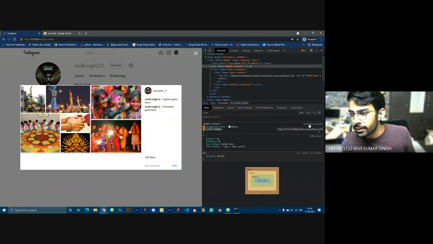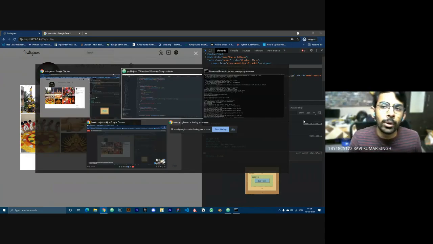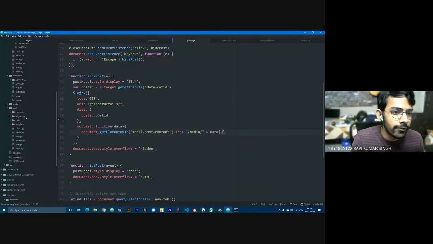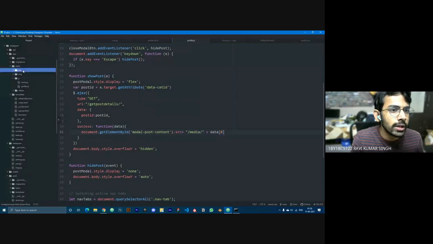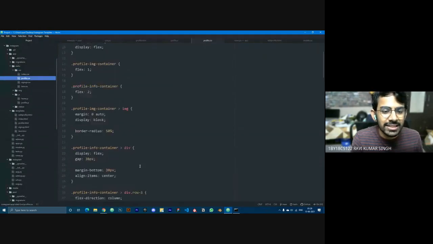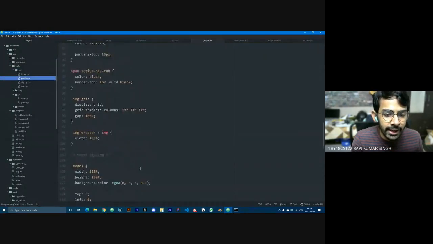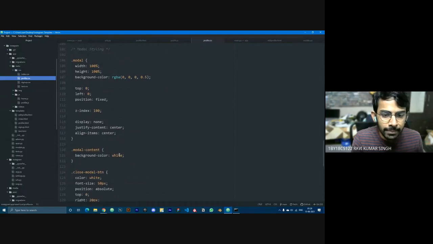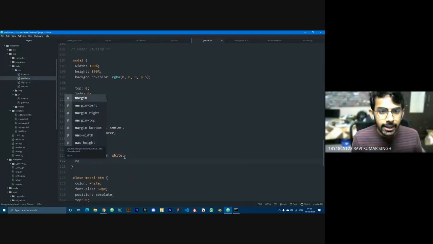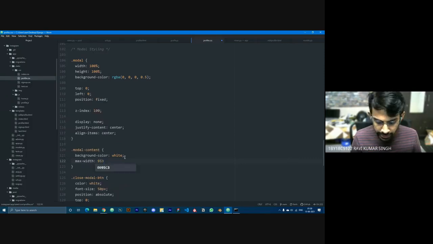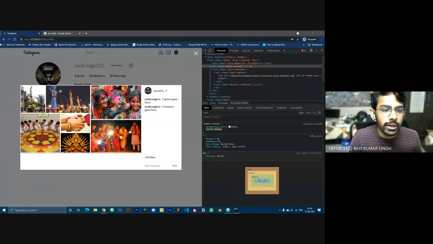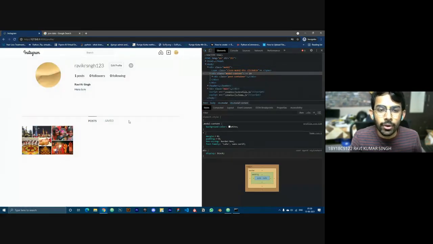So it will be in profile.css, line number 120. I'll go to profile.css line number 120. In this place I'll write max-width, the same code, right? The max-width is 950 pixels. So now if I reload it, and now if I click on it,